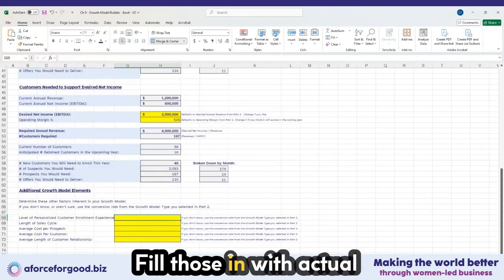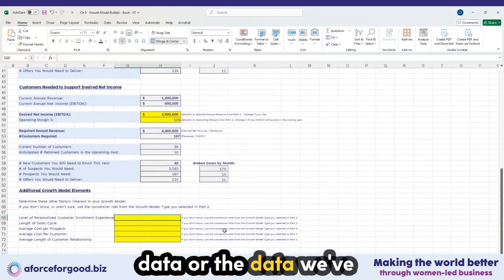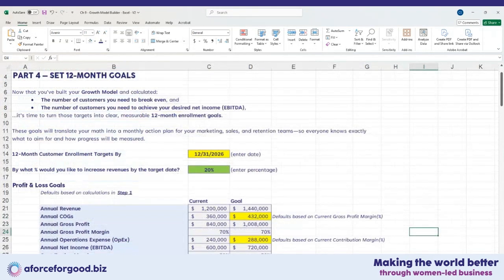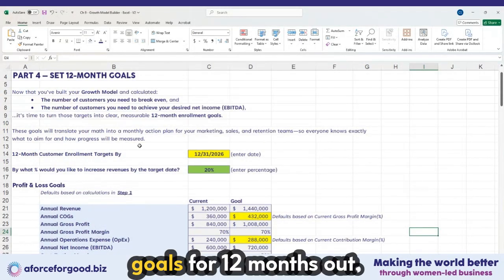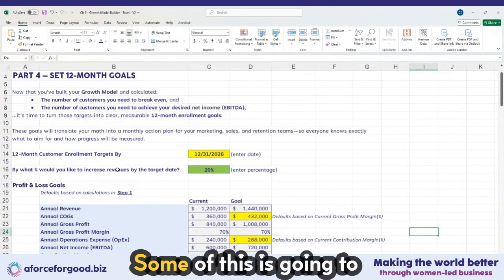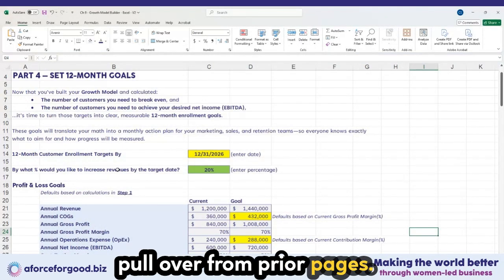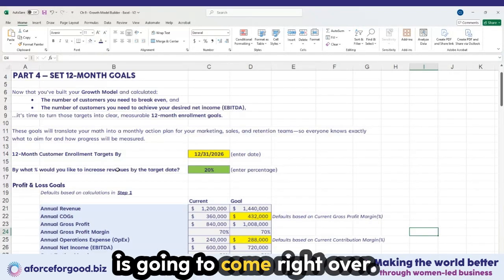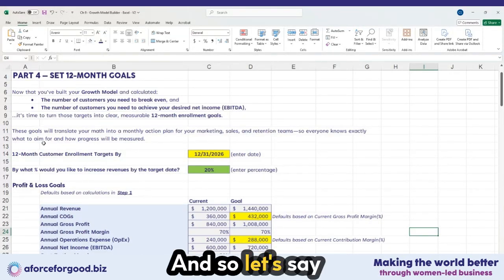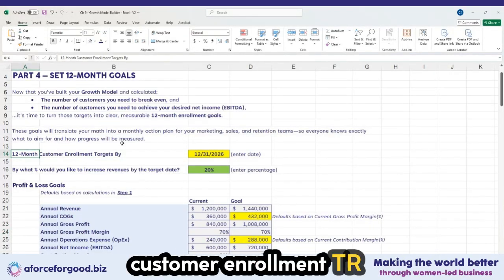Fill those in with actual data or the data we've already supplied to you. Now we're going to set your goals for 12 months out. Some of this is going to pull over from prior pages, so a lot of the work you've done is going to come right over. And so let's say customer enrollment targets by